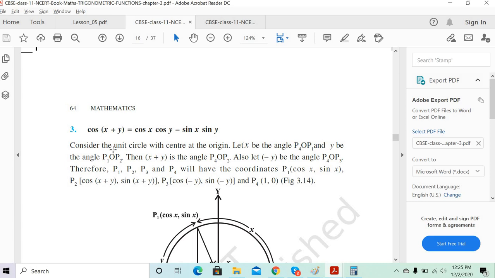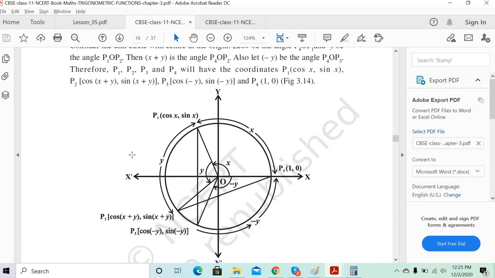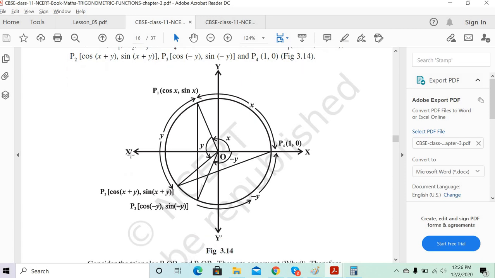So our goal is to prove... you remember our goal. What all can you see in the figure? It's the unit circle only. Can you explain what all you can see in the figure? Angle x, angle y, angle minus y. Excellent. Then positive revolution and negative revolution. Excellent. Superb.